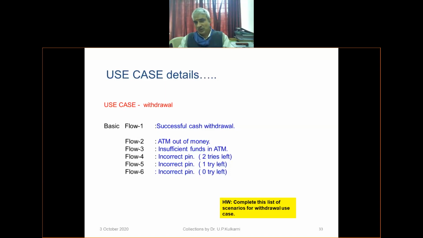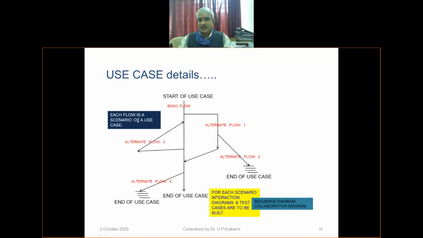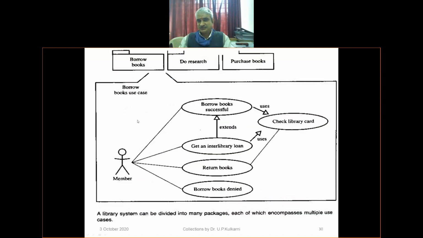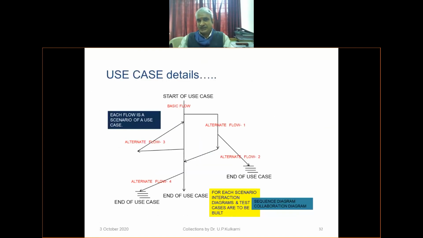The question may be, how do my use cases help in developing a test case? The use cases are extended to create different flows. And how do we represent it? All these possible flows we represent using activity diagram.